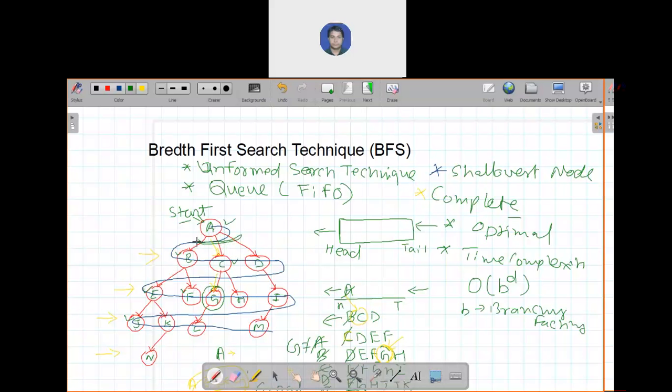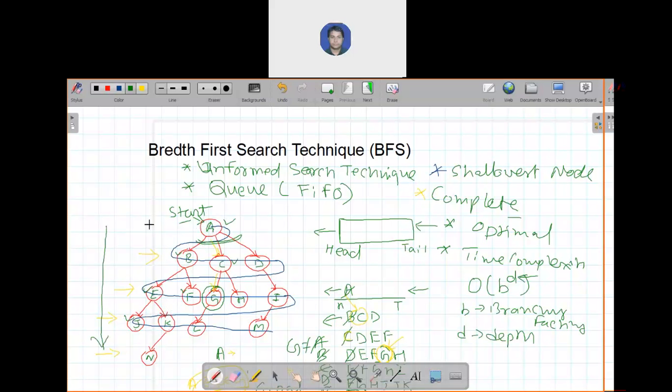So branching factor is just showing the possible paths from one state to another state. Here, as you can see, the branching factor of state A is 3, branching factor of state B is 2. So what is the branching factor of your state space diagram, or if it is a tree, what is the branching factor? And D is just showing the depth from your start state. What is the depth of your search space?